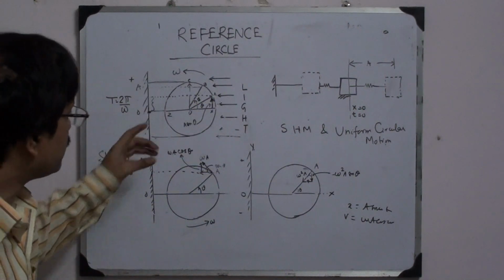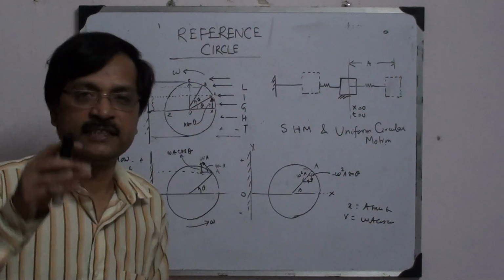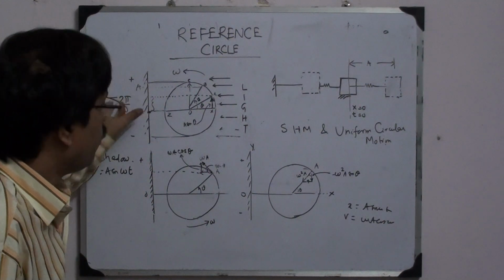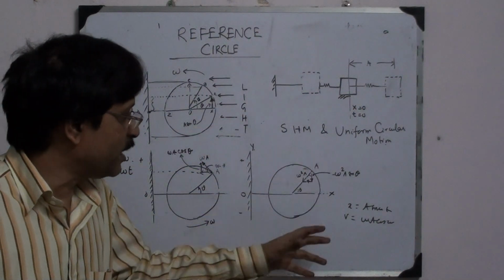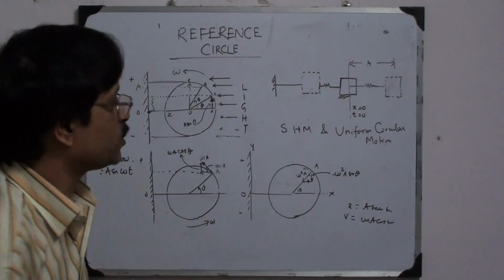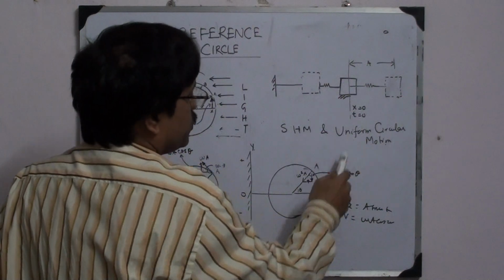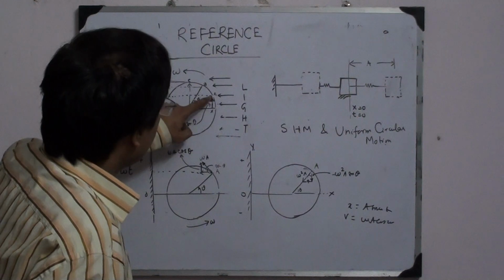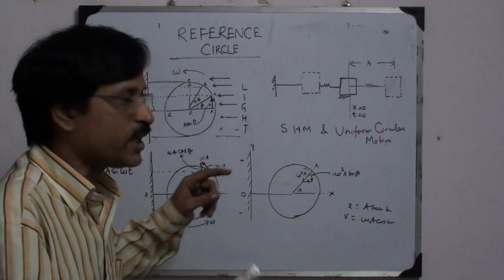What we are looking at is the shadow of this point, which is actually executing a simple harmonic motion around this point O, because it is exactly similar to our displacement function in simple harmonic motion. For example, in this case, if we measure x from this point and at t equal to 0, x is A sin omega t, which is the vertical projection of point A onto the wall, the shadow of A